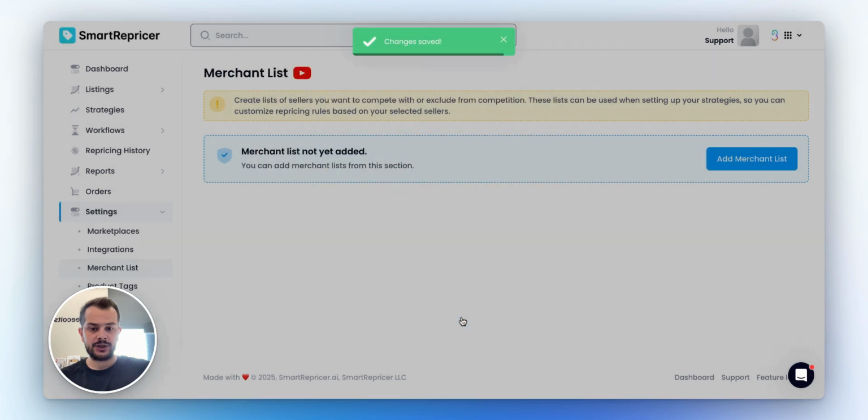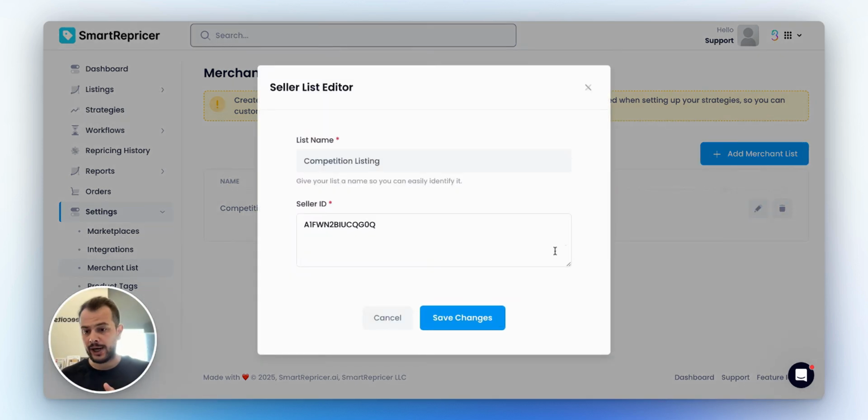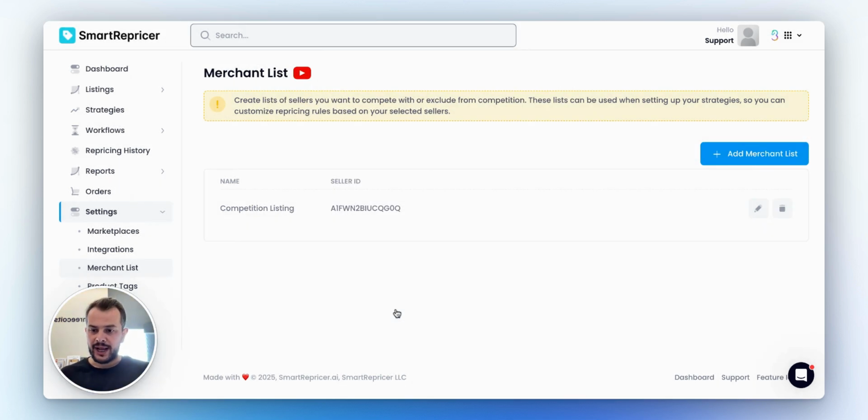When I click save changes, that means that I have created my first merchant list with the competition listing, and whatever I want, I can click edit, I can add or I can delete any user. That's how you can create a merchant list on